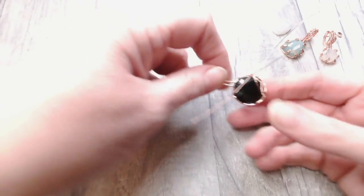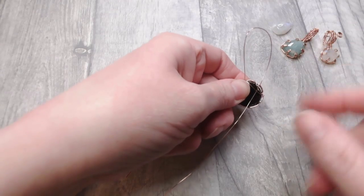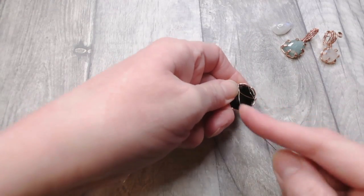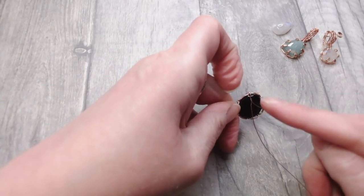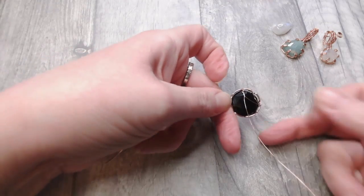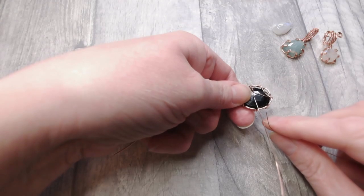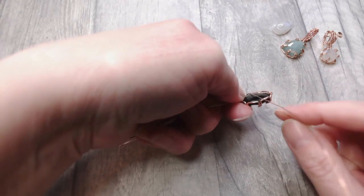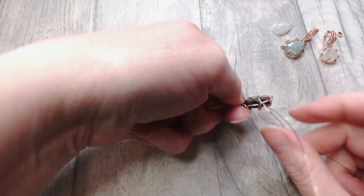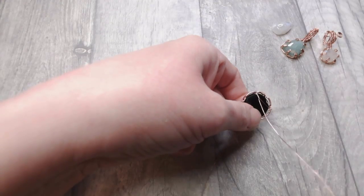I'm just going to rotate this around so I can fully control it, making sure that this doesn't get too tight, knotted or looped. And I'm going to very gently pull that over into position. And can you see how the wire wraps around itself before we travel again all the way across the back of that gemstone, pick up the cut end of the wire and insert it in the next available space between those prongs. So between the prong setting and the gemstone again, drawing the wire up and through,